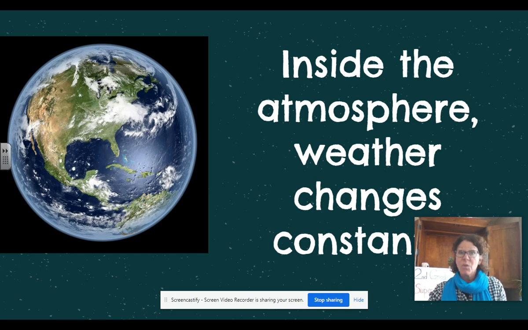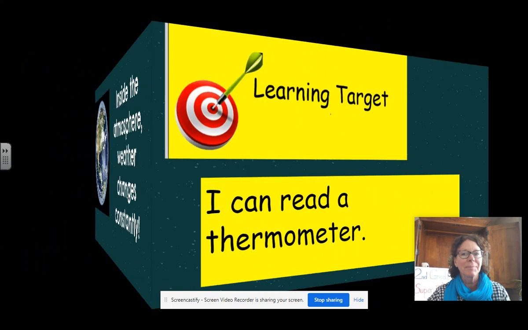Why do we need to know the weather? Well, think about it. In order to know what to wear, in order to know can we have that outdoor picnic today? My friend invited me on a boat ride, but if it's stormy, I'm not going to go. We'll cancel it and reschedule. So lots of reasons, and also severe weather, and we need to know how to be prepared for that. So those are reasons to know the weather.